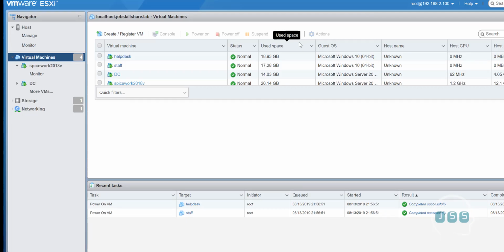Again, if you can use your machine, that's great. If you're using our lab, then this is what you're going to see. We are putting all that deployment type of tools in the Spiceworks 2018 vServer. So I am going to turn that on, and we're going to try to deploy some software onto these machines: